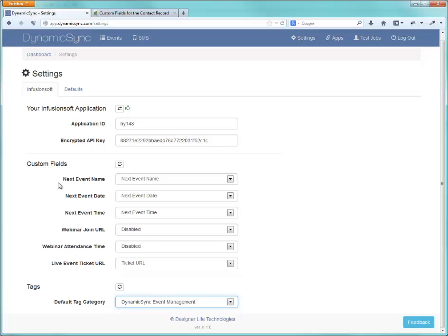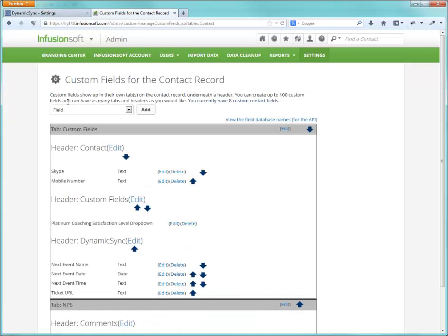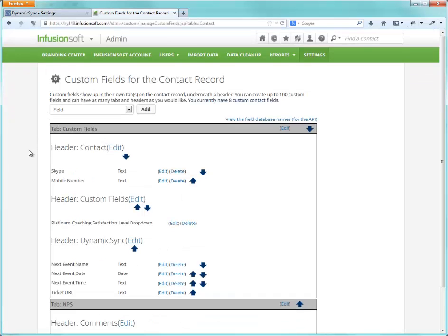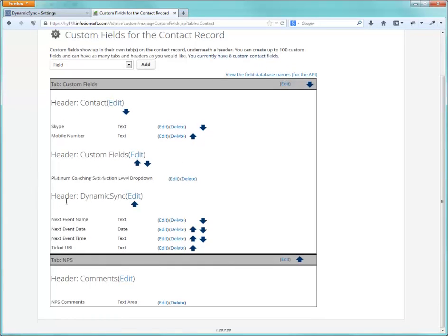Since custom fields in Infusionsoft are limited to 100, these fields are optional. So you only need to use the ones that you really require. To be able to set this up, you will go over to Infusionsoft and create the required custom fields. In this example, I've created a header for DynamicSync and I've created 4 custom fields. One for the event name, the next event date, the next event time, and the ticket URL that a specific